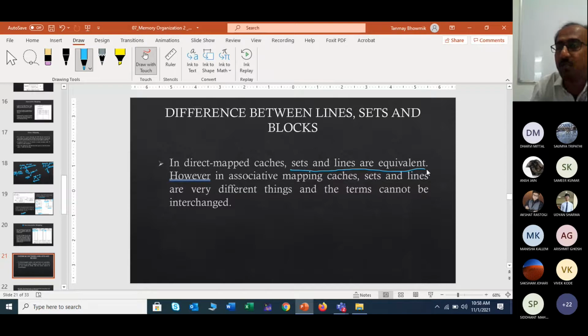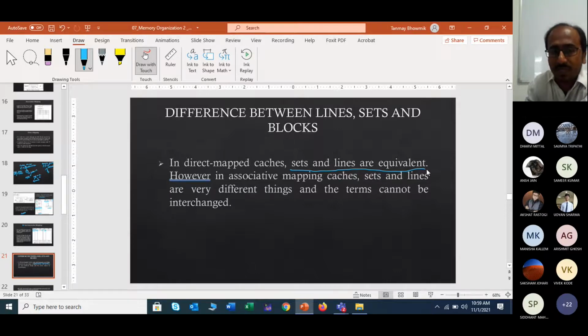Because in this case you are not creating any separate sets. In the direct mapping technique there are actually no sets, only lines. So if a direct mapping problem has been given and you are asked a question regarding the set, this thing also can be given, that is actually equivalent to line.